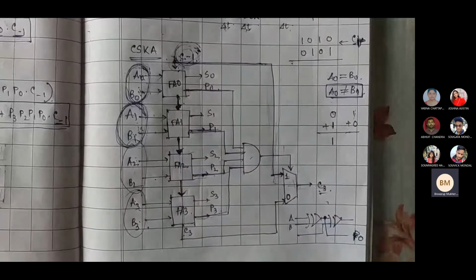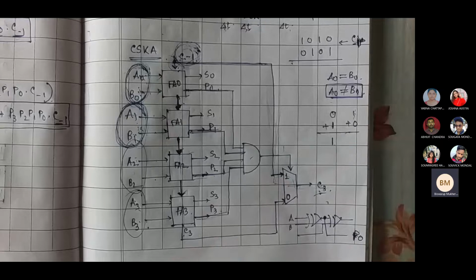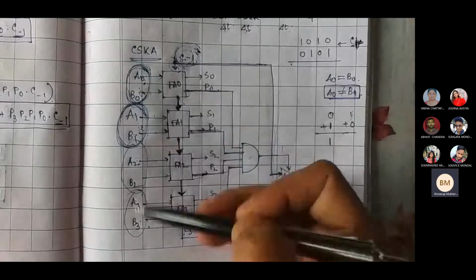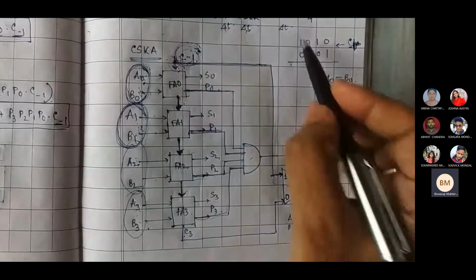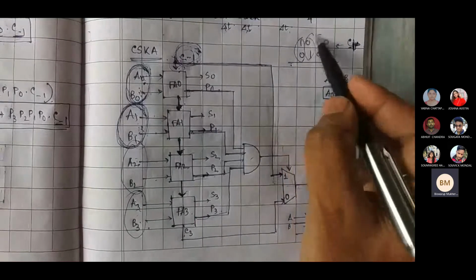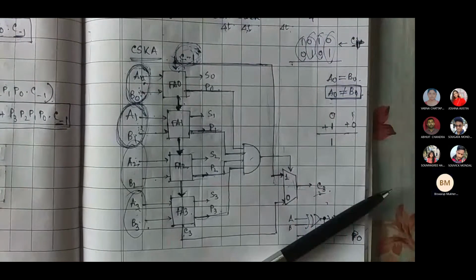C minus 1 যদি 1 হয়, the carry would be 1. C minus 1 is 0, the carry would be 0. Rest, অন্যান্য ক্ষেত্রে মানে, it's not possible যে always all these values are not equal to each other. এরা যে সব সময়তেই উল্টোই হবে, মানে 1 এর সঙ্গে 0 বা 0 এর সঙ্গে 1 বা 1 এর সঙ্গে 0, 0 এর সঙ্গে 1, এরকমই যে থাকবে তার তো কোনো মানে নেই। কিছু কিছু ক্ষেত্রে হয়তো সমান হতে পারে.